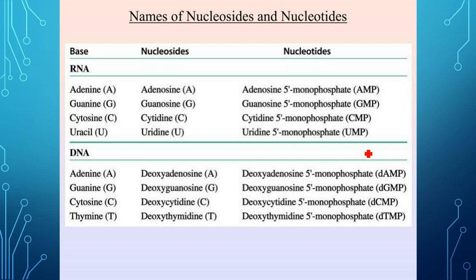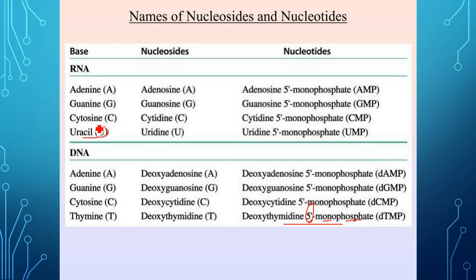Likewise, deoxyguanosine, deoxycytidine, deoxythymidine. And when this nucleoside combines with a single molecule of phosphate, 4 nucleotides are there: deoxyadenosine 5' monophosphate, deoxyguanosine 5' monophosphate, deoxycytidine 5' monophosphate, deoxythymidine 5' monophosphate,